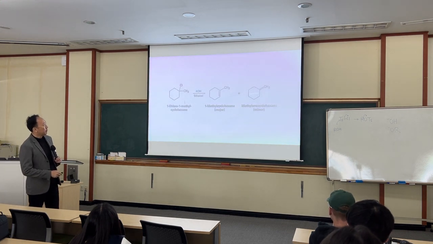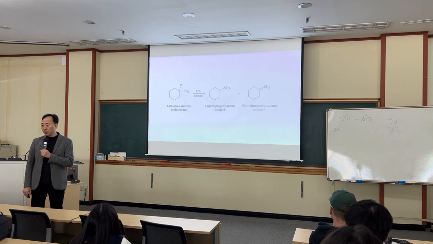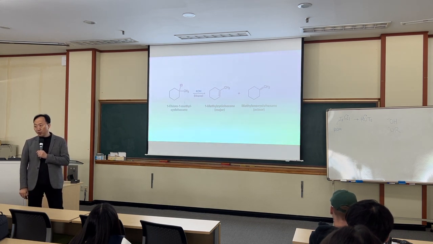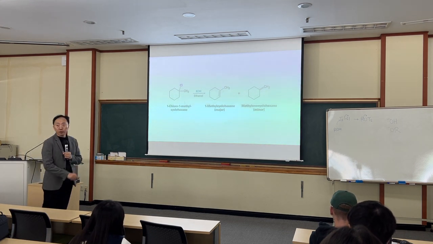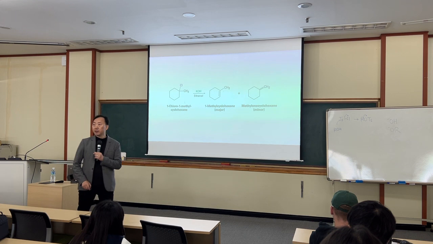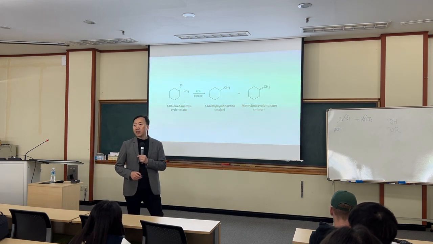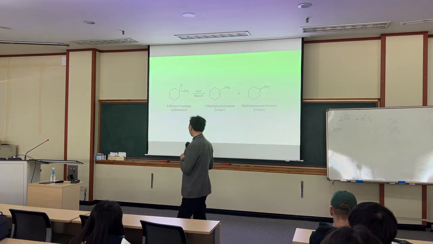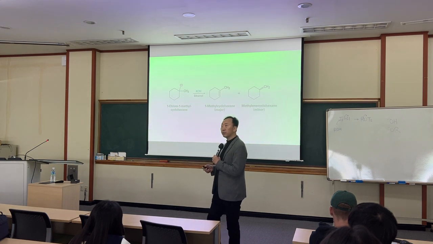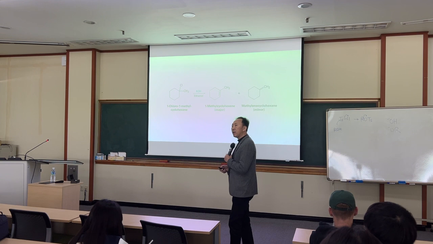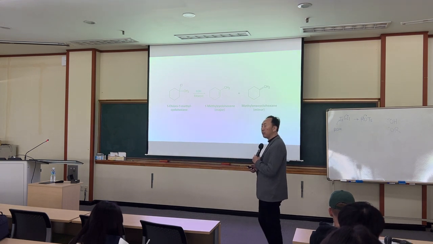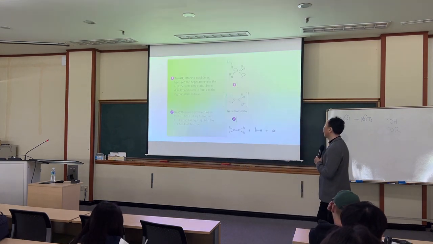This is A, this is B. Is A more substituted? No, right? B has 1, 2, 3. A has only 2. Terminal is not preferred. The more substituted alkene is preferred. This reaction is an E2 reaction. A strong base, rather than stabilizing a carbocation, prefers E2. So, E2 reaction,